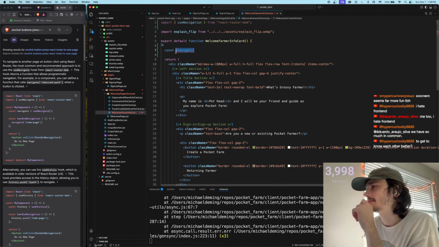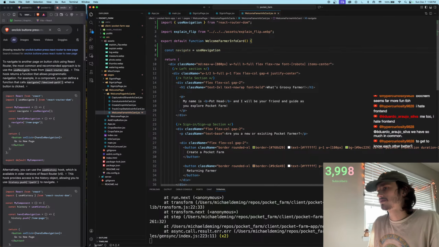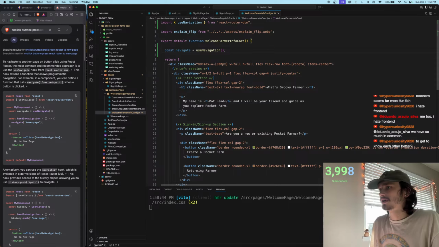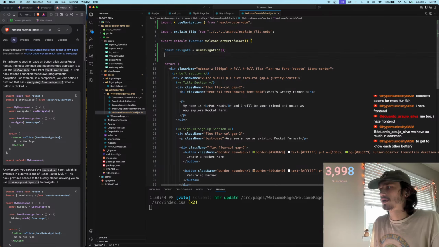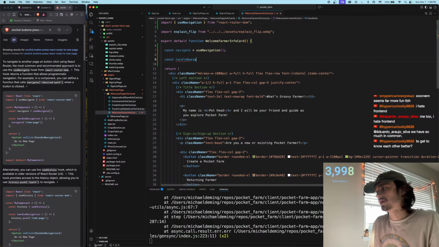Ah, man, JavaScript confuses me. So if you have navigate, which is equal to useNavigate, and we do that, and then you do a const handleNavigation,